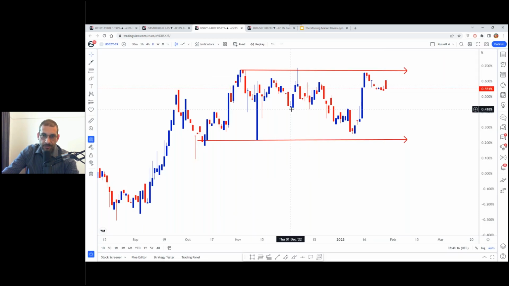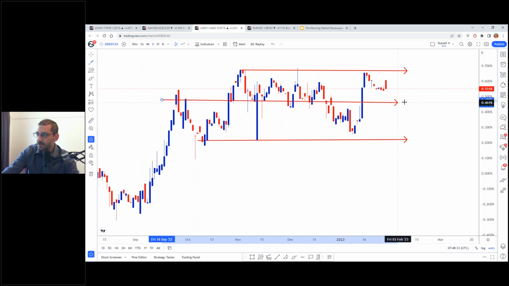Now, why we're looking at the short end of the yield curve is because that's where the central banks have the most control, okay? Now, what's been happening here is the spread has been moving pretty close, sideways. Yes, there are variations to the top and to the bottom, so there are oscillations. I get that, but by and large, it's moving sideways. In other words, they're moving pretty much in tandem with one another.